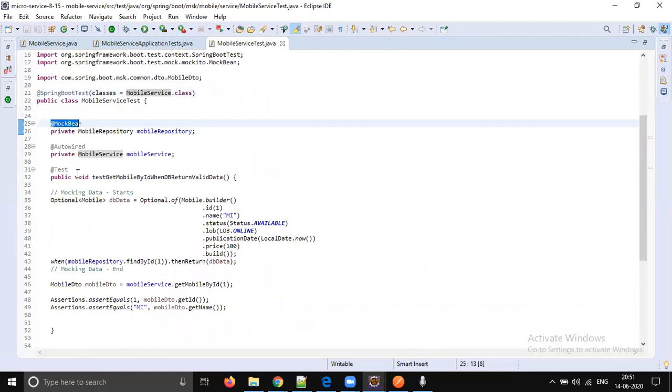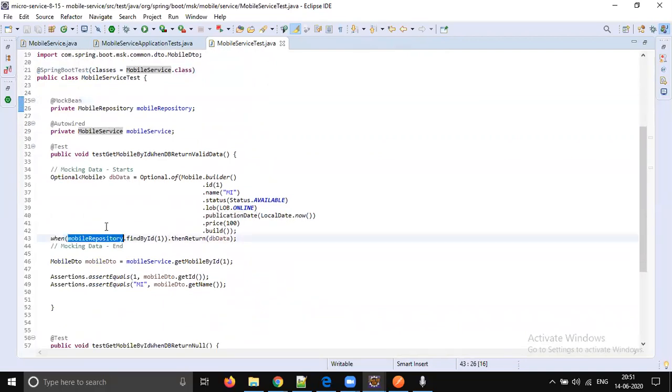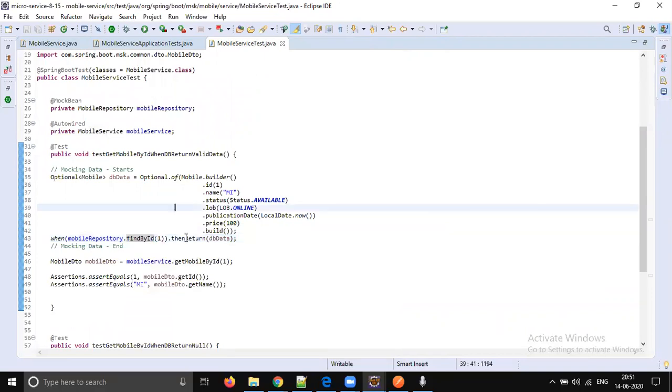Next, you should write the code for when someone calls some method with some data, what is the expected return type. Consider returning valid data, invalid data, and null data. How is your method going to behave? You need to write a couple of test cases.